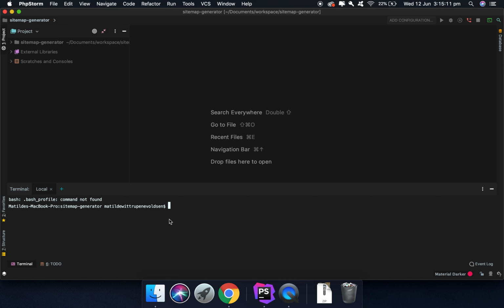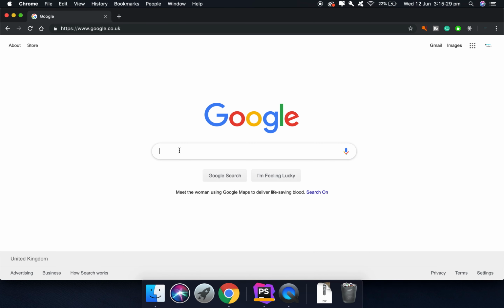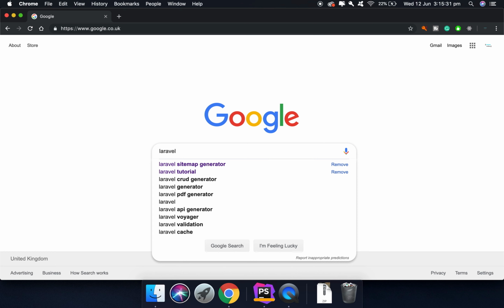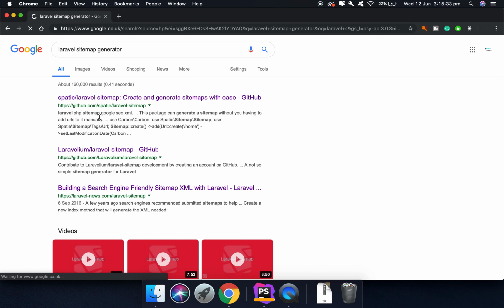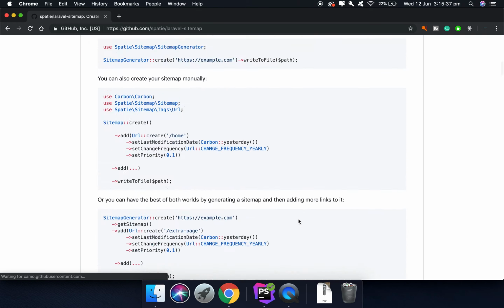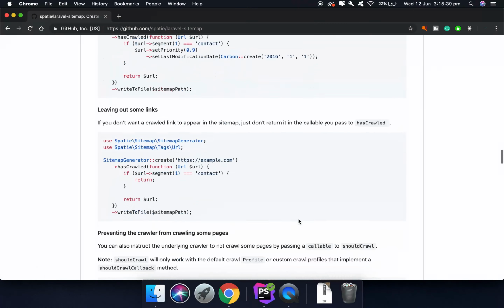So what you can do is we can go in and say php artisan generate command, and then we first need to say laravel new, of course, and then we can just wait for this to finish. And then we're going to use this package. So we're going to use Spatie Laravel sitemap, which allows you to